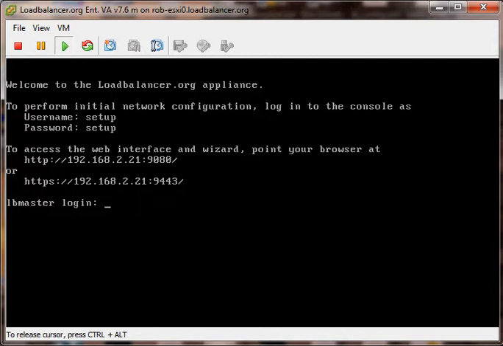Now at the top of the screen we're presented with a simple welcome message, and then following that we're instructed that to perform initial network configuration we need to log on to the console as user setup with password setup, and then we'll be presented with a list of prompts for the various settings that we need to configure. So if we log on as setup, password setup,